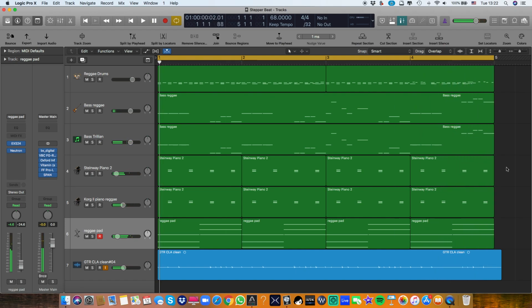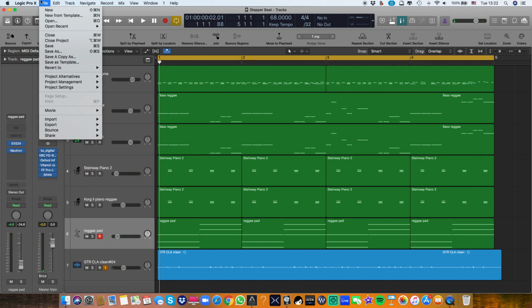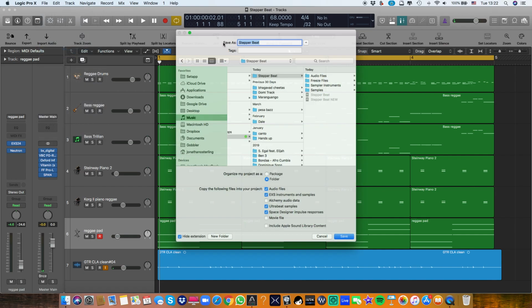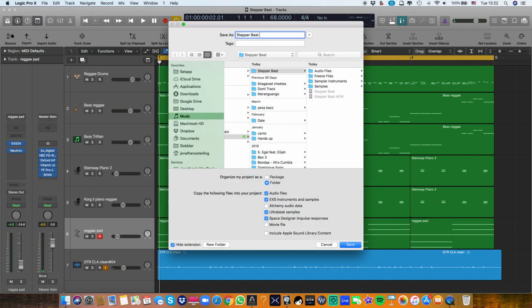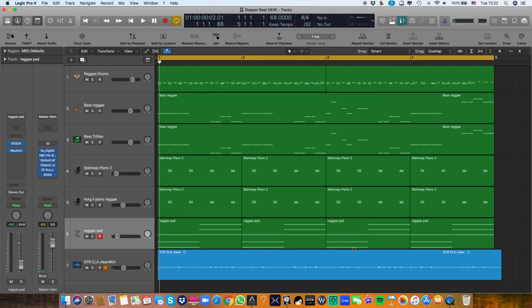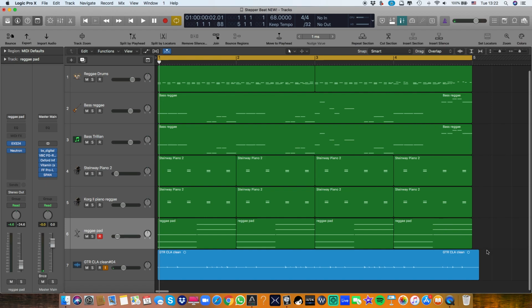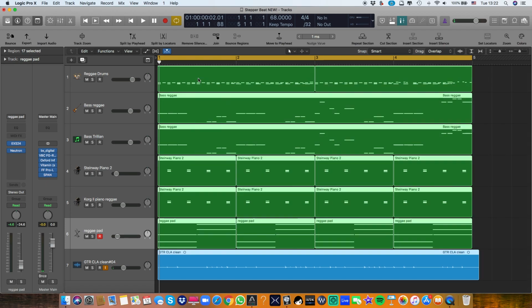All right, so that's the beat. Now let's erase it and start from zero. First thing to do before that, File, Save As, stepper beat, new, save. So now I can erase all these, right? I'm gonna draw them all so I can actually explain the rhythm and you can visually see what I'm doing